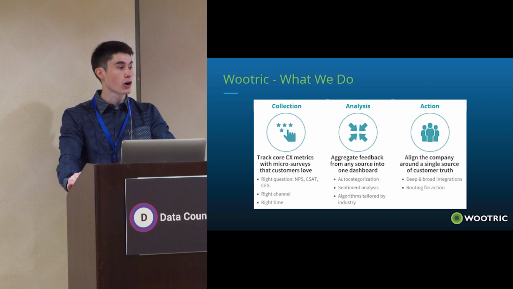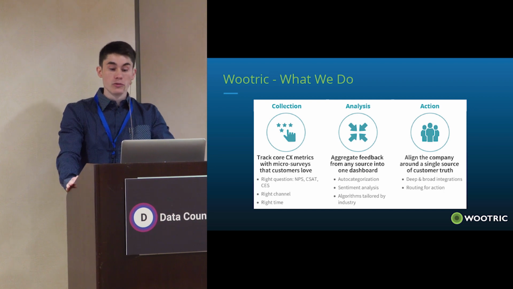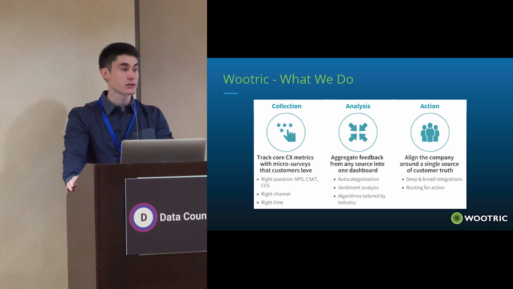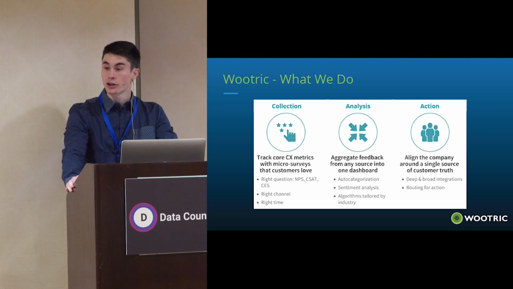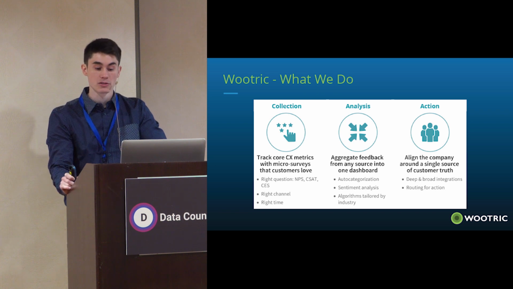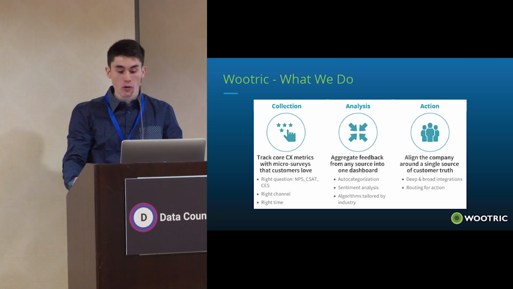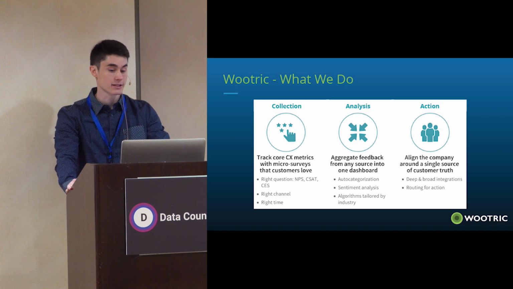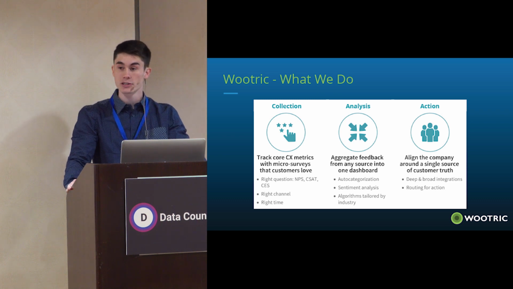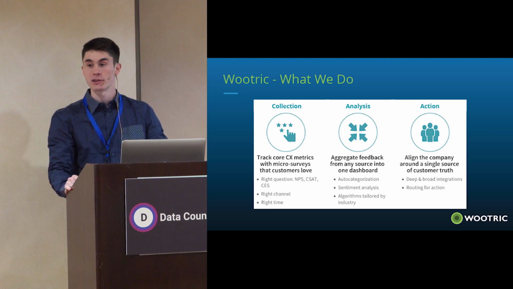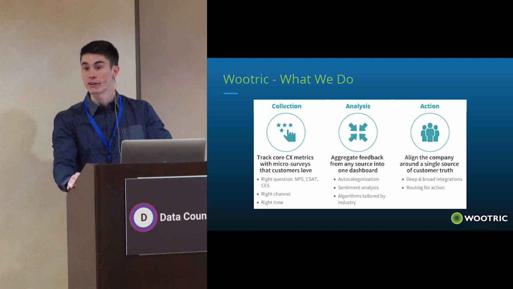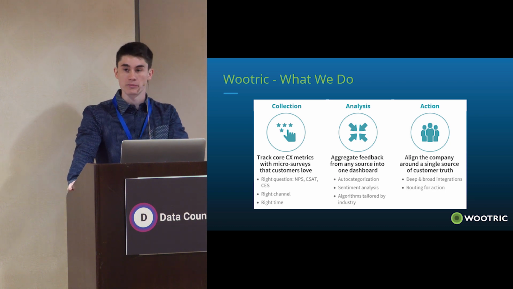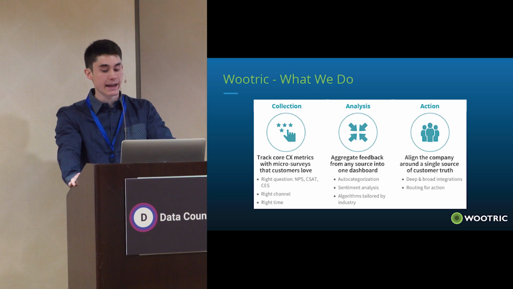So Wootric, who are we and what do we do? Wootric is a modern feedback management platform. We help companies measure and boost customer happiness. To accomplish this, we do three main things. So first, collection. We track customer experience metrics by gathering feedback. Next is analysis. We provide insights into what customers are talking about by classifying feedback at scale. And then finally, action. We help companies align around critical business problems identified through feedback and take action to drive